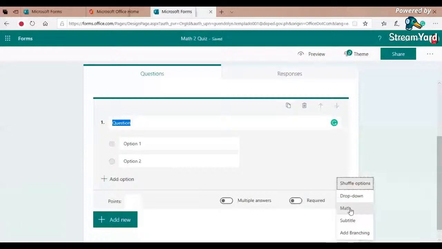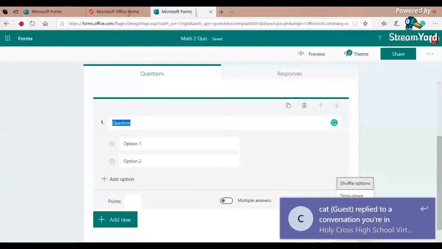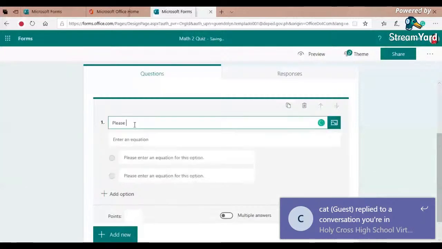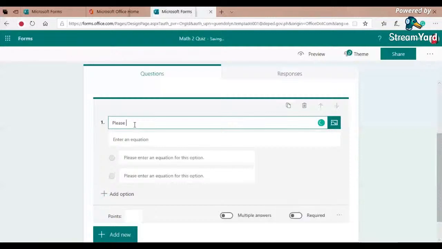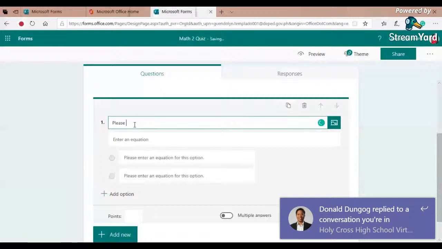So my question, I will type my question first, like please complete the equation. This is just an example. You can do your quiz depending on the subjects you are handling. Since I am taking math, I will enter the equation.